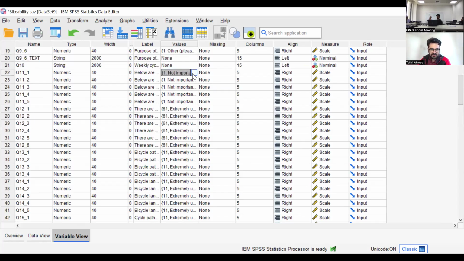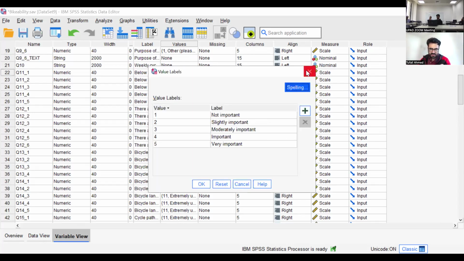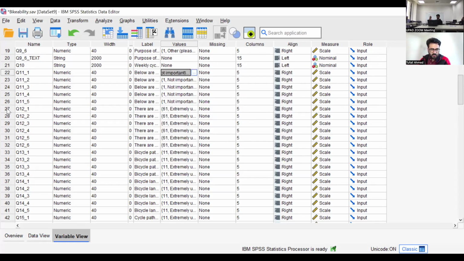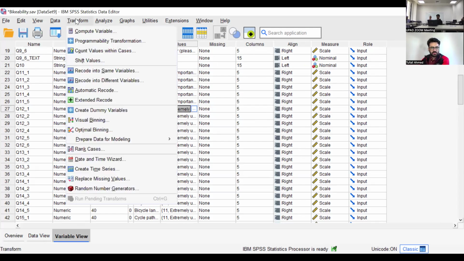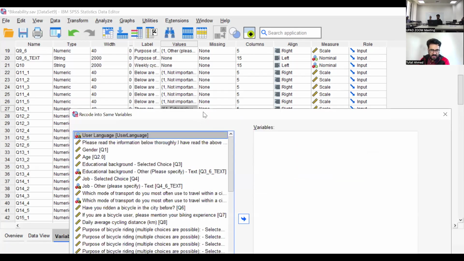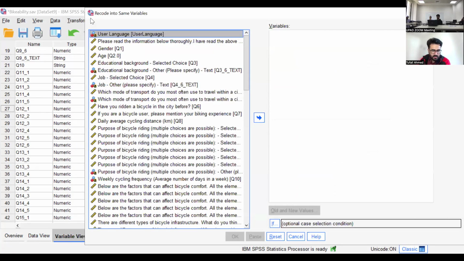Until here, I see it is okay. I'm using a scale of 1 to 5. I see this question, number 12 slash sub question 1, has a problem I have identified. So I go to transform. I will do the changes. I will not make a new variable, so I will only use this function, recode into same variable. Here I see the labels. What was the label?